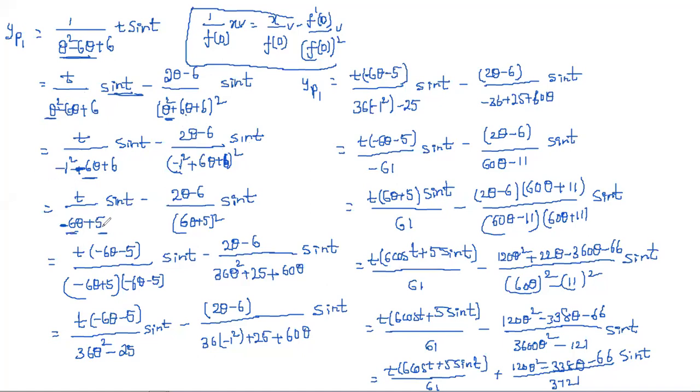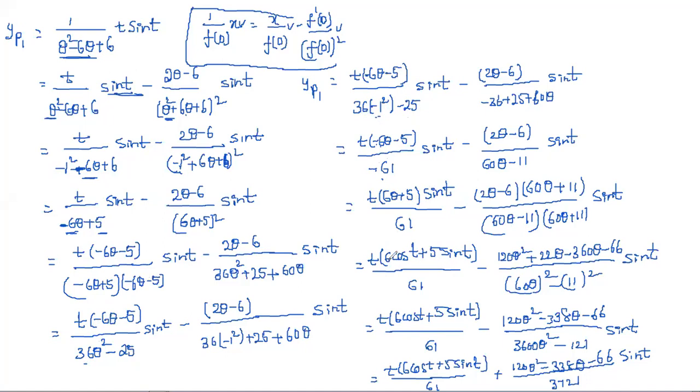but 5. Okay. So first look at this part, we are rationalizing. There is a plus, so we rationalized with minus. So rationalizing with minus, here a minus b into a plus b. So 36 theta square minus 25, minus 5 square. And next again type 2, so in place of theta square we substituted minus 1 square. Then minus 36 minus 25 minus 61. And in the numerator minus 6 theta minus 5. So here there is a minus, we take the minus common, minus and minus cancel. So what remains is 6 theta plus 5 into sin t.